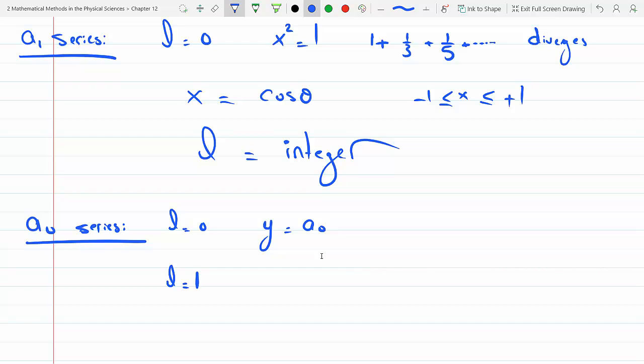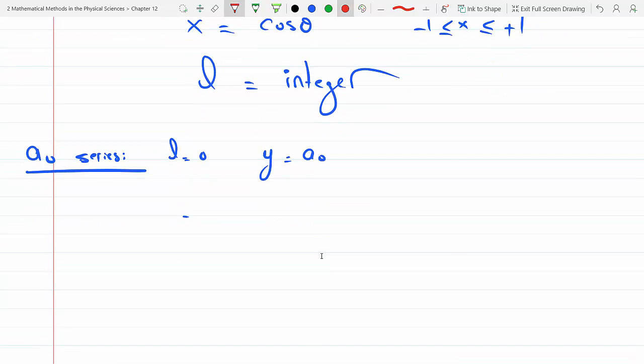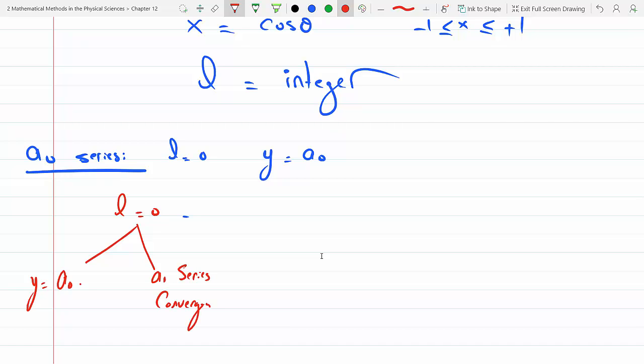Now if L equal 1, let's do it like this. So for L equals 0, the A0 series gives y equal A0, and the A1 series converges. Okay, let's do it in a tree format. It's easier to see it. Now, for L equal 1,